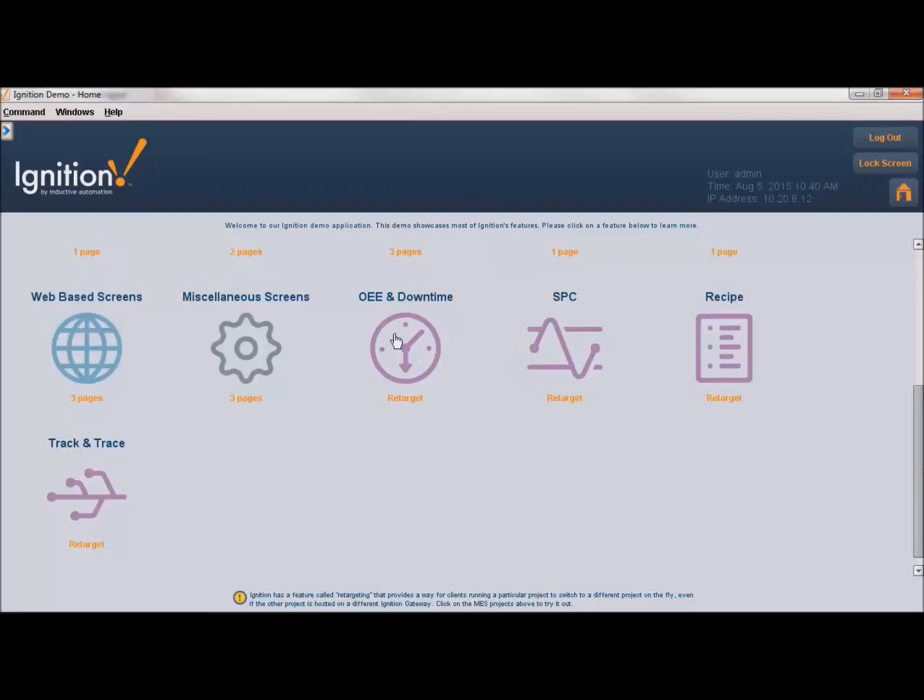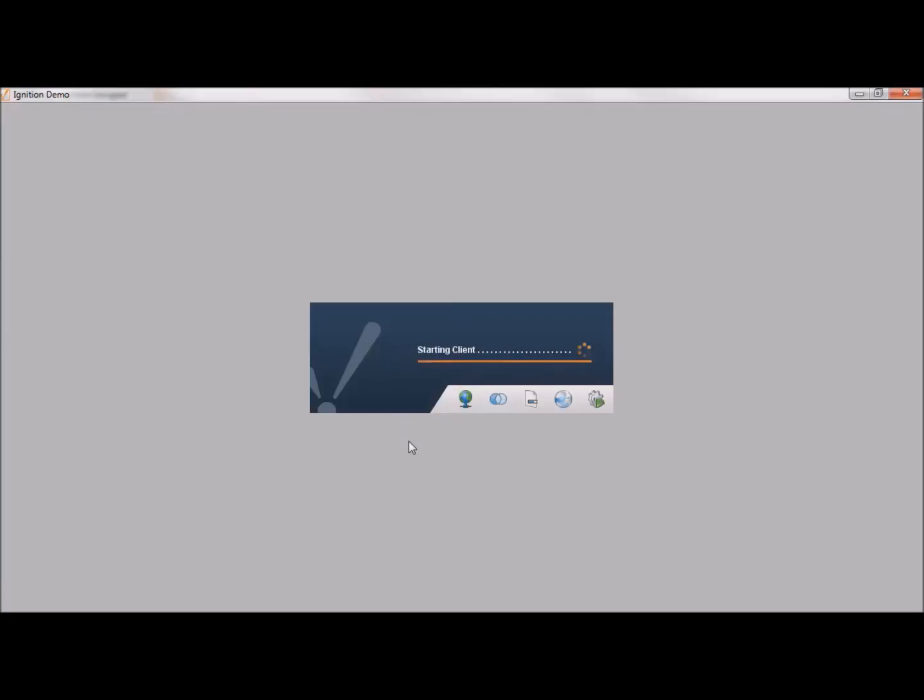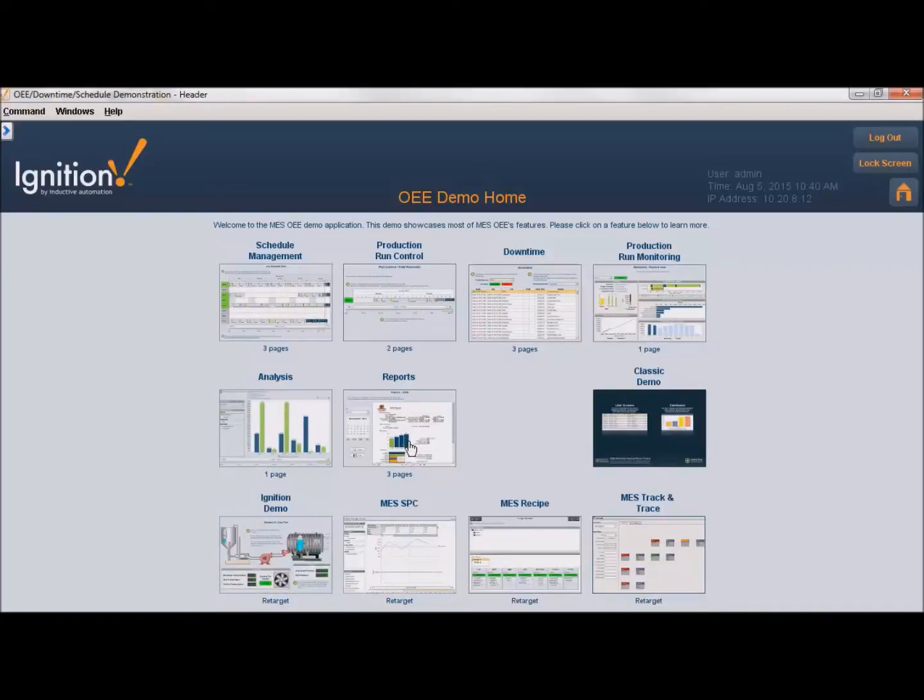So I'm going to first start with the OE downtime module here. And with that, I showed in the designer the configuration of that production model. I had a couple of production lines already configured, where we specify the tags for the in feed and the out feed and how I'm going to collect the weight, the downtime. So that way, when we start a production run, Ignition knows exactly how to get the